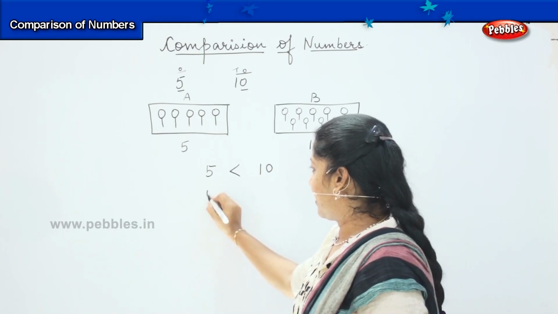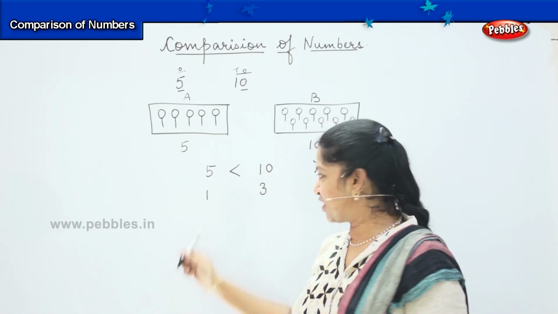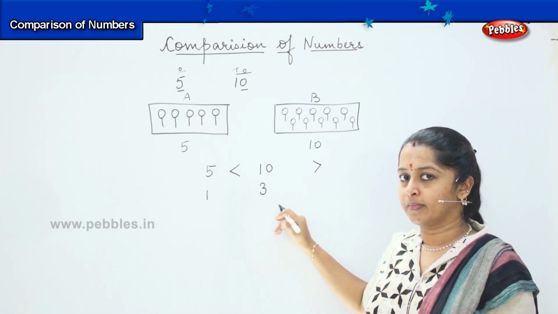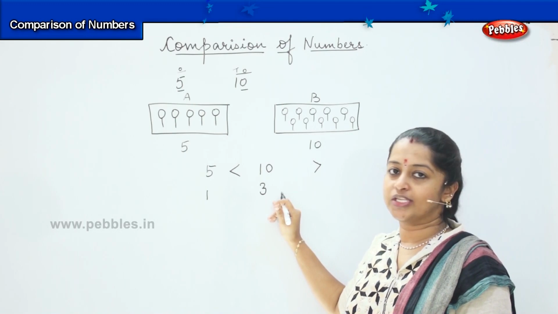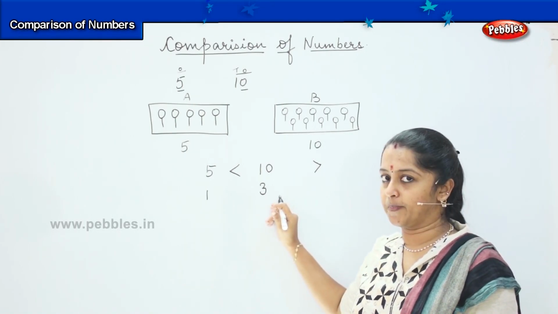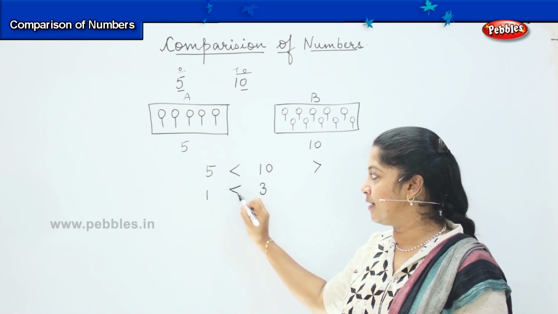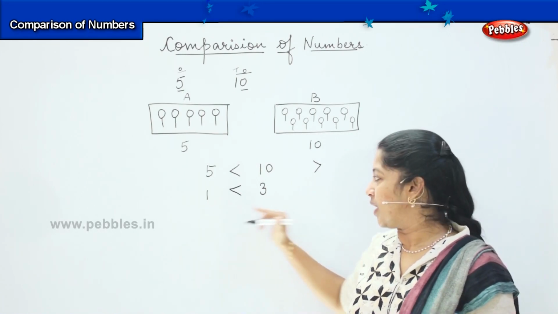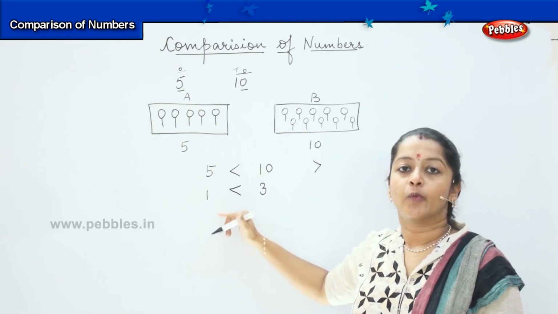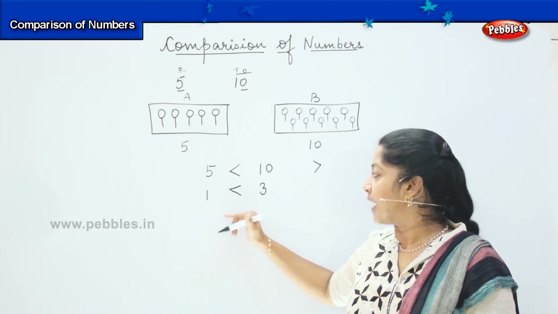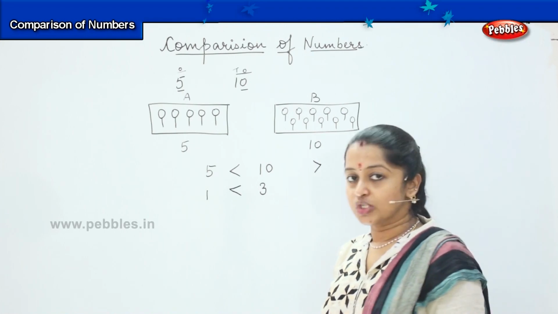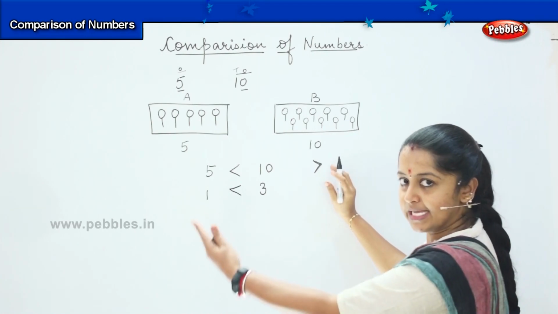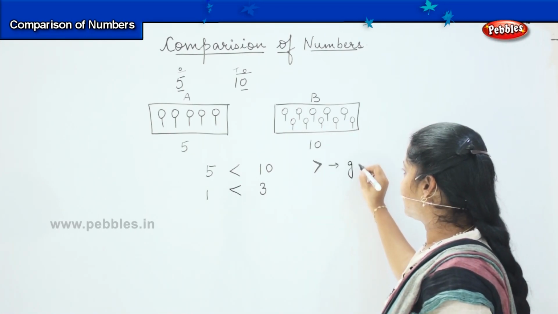For example, if I have 1 and 3, which among these is the bigger number? Is it 1 or is it 3? Good, it is 3. So which number will the crocodile eat? Will it eat 1 or will it eat 3? It will eat 3 because it always likes the bigger ones. It does not like the smaller ones. Whenever you get two numbers, you need to compare which of the two is the bigger one, and accordingly place this symbol. Generally, if the symbol is placed this way towards your left hand side, this is called greater than.